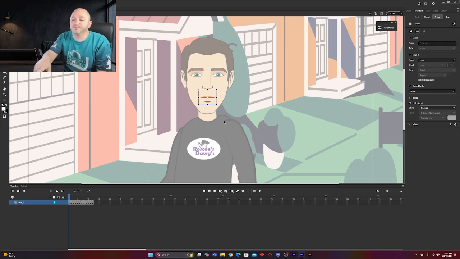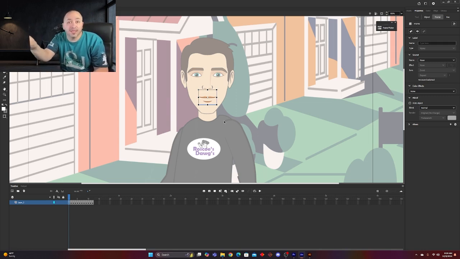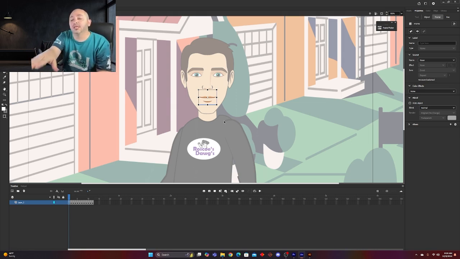Because when you put the audio file into the scene and the lip sync takes over, you're going to see a lot of keyframes. But if you don't have the keyframes labeled with the correct lips that are in that keyframe, you're going to have to go through and figure it out. But if you label it from the very beginning, like we're about to now, it makes it a whole lot easier